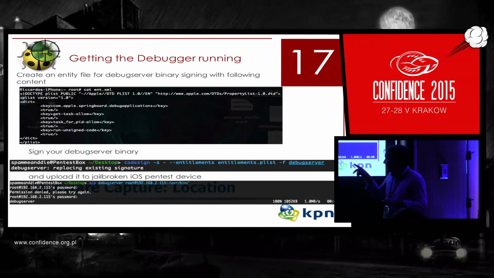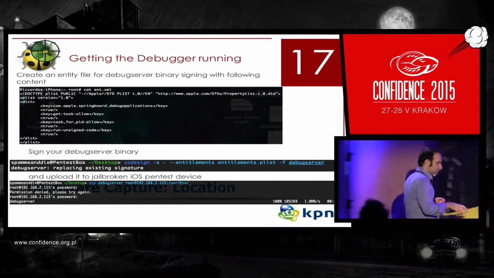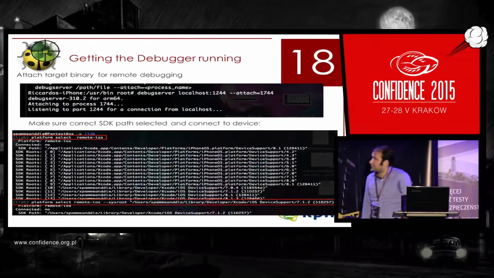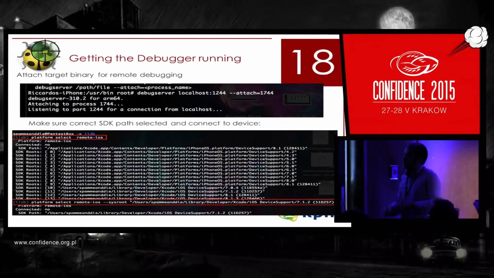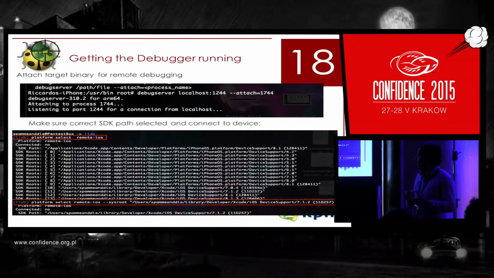operations. There's a tool called CodeSign. You can define entitlements as an XML file and then sign the executable, and simply upload it to the jailbroken iOS device. Once you upload the executable, you want to create a TCP connection to the device and do debugging on your